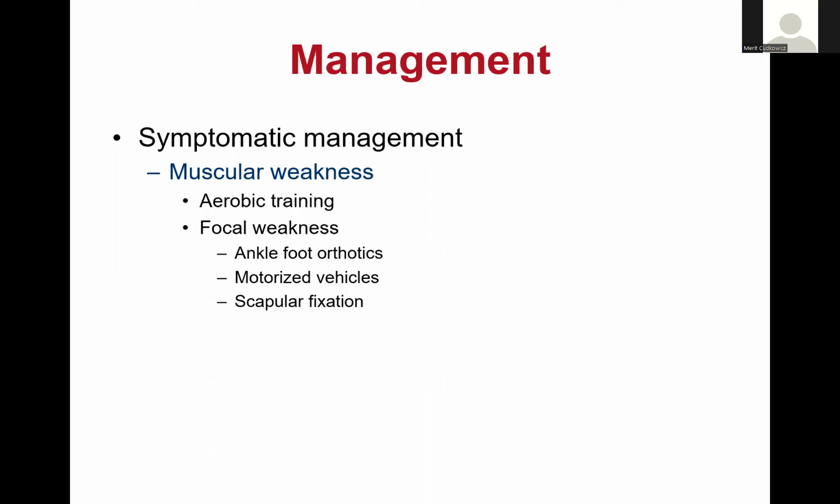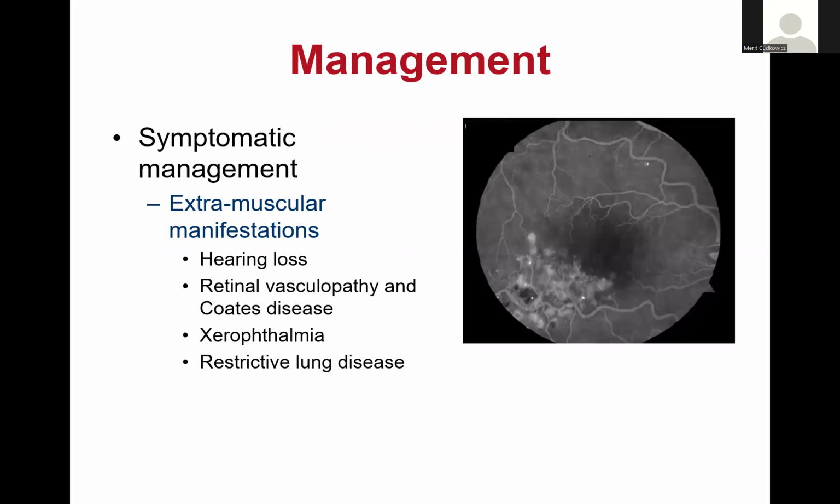Scapular fixation, again, as mentioned earlier, could be helpful in some patients, not always. It's usually kept for people who have otherwise strong deltoid and minimally affected and on the dominant side of the patient. And then other symptoms that, again, were nicely mentioned in an earlier presentation,